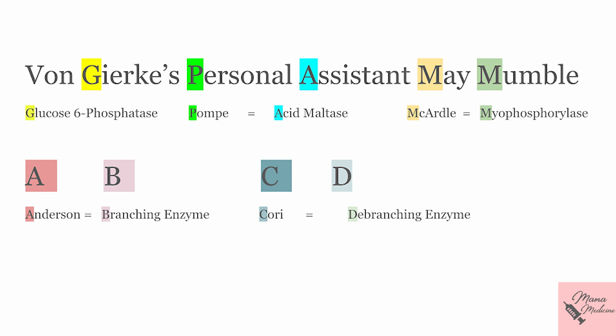So, A, B, C, D. What do these mean? A stands for Andersen's disease, and B stands for branching enzyme, C stands for Cori's disease, and D stands for debranching enzyme. Because Andersen disease is due to deficiency of branching enzyme, and Cori's disease is due to the deficiency of debranching enzyme. So you just have to remember one sentence. Von Gierke's personal assistant may mumble ABCD. So you only have to remember this sentence and you will never forget the glycogen storage diseases and their associated